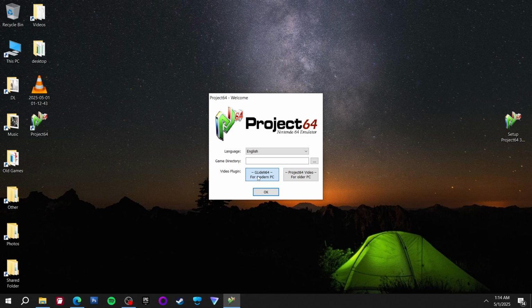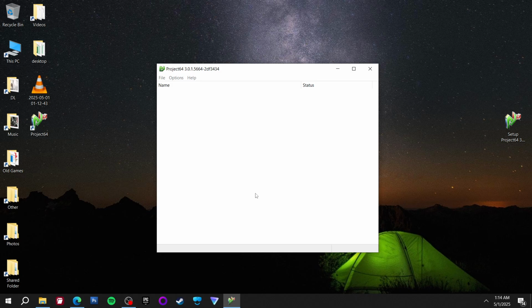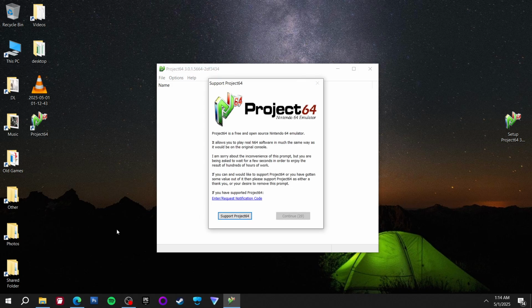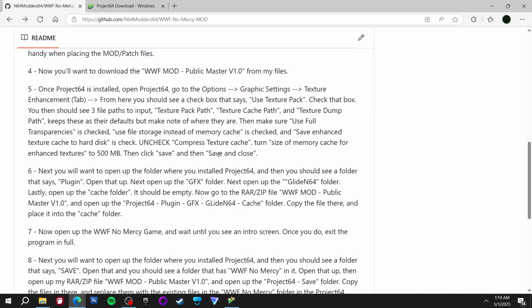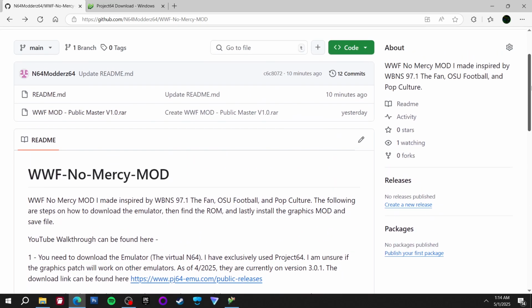And then next is video plugin. You're gonna want to click OK there. Make sure you do glide N64 for this. That's important. Then click OK. It's now going to make you wait 30 seconds. After that, step 4 is you want to actually download the texture pack file,